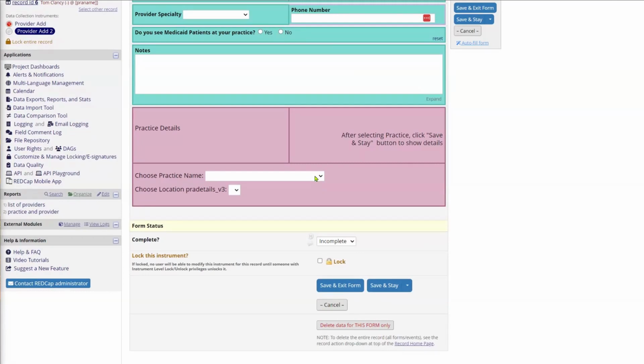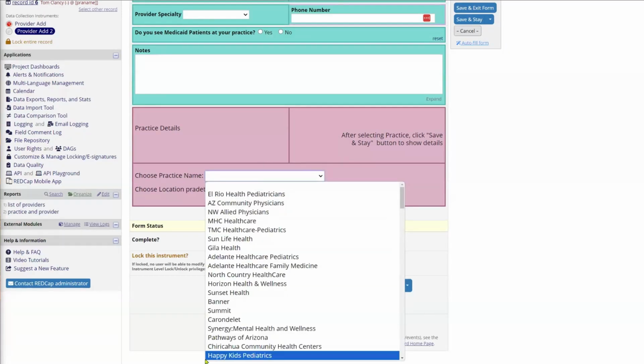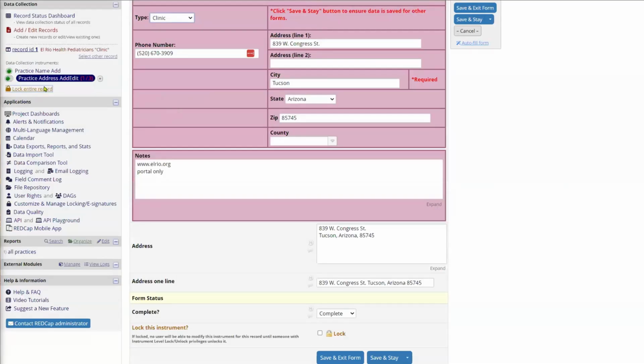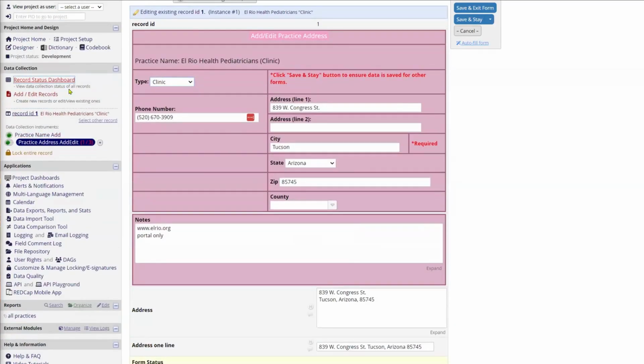This is generated by some code that we write for you, but I did want you to know the possibilities so that if you wanted to do something like this, you would know you could come to us and we could help you with this. But this is referencing all the practices